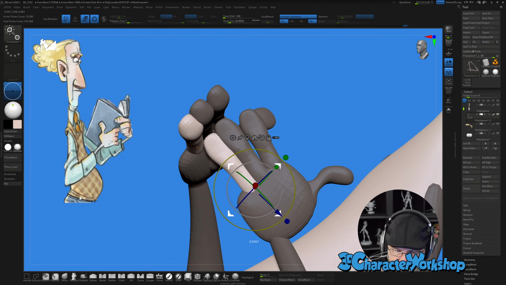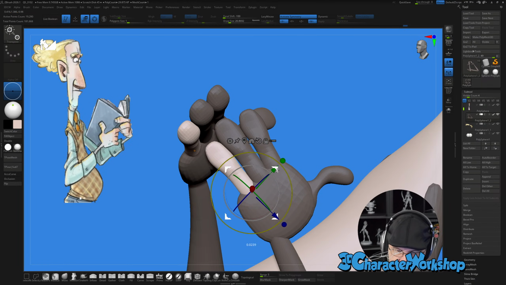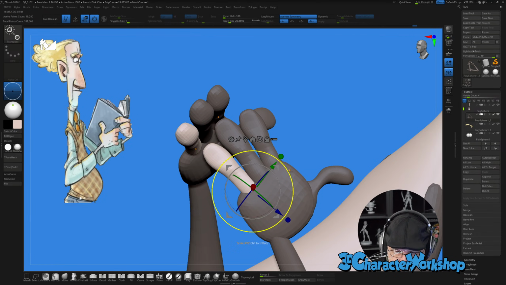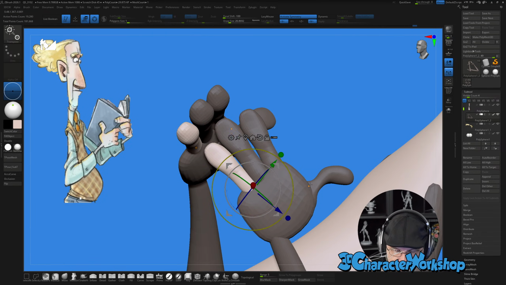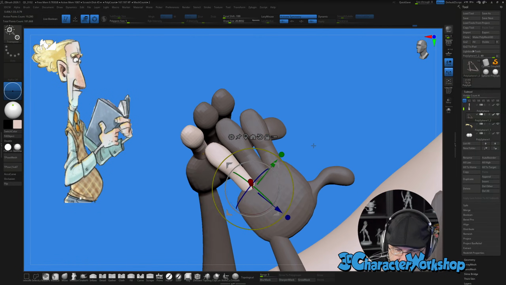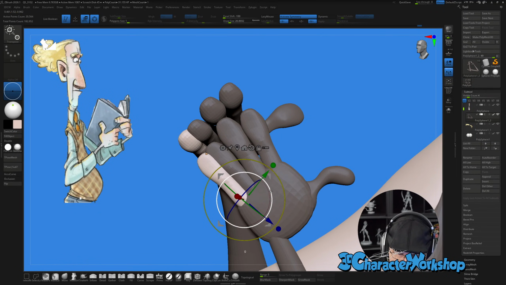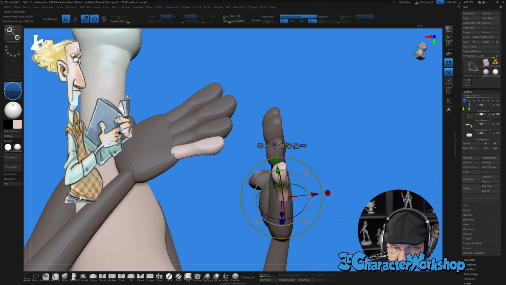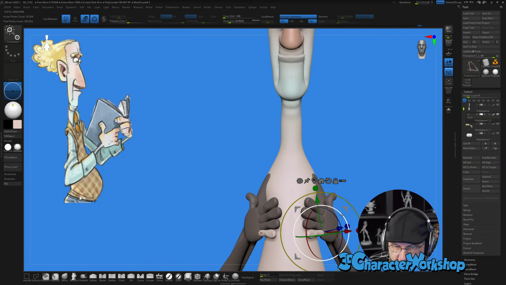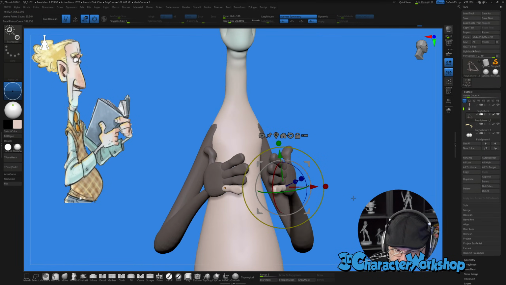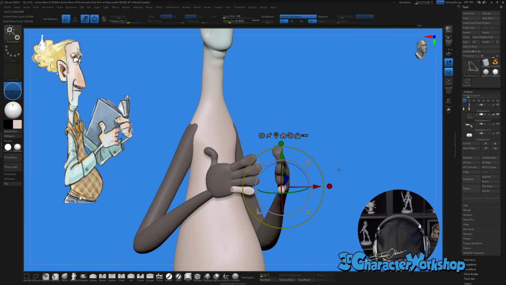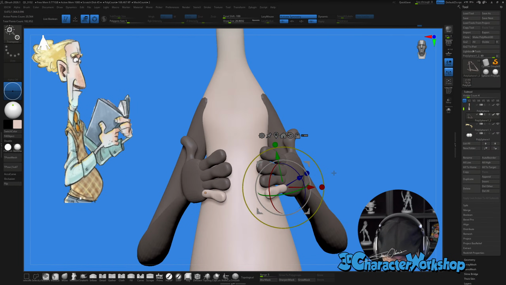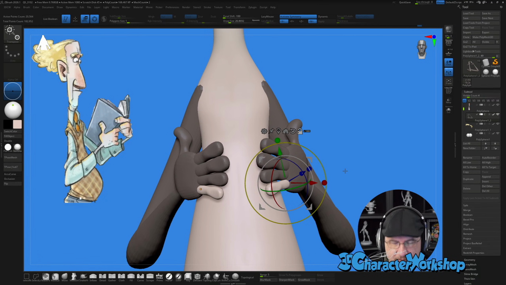And then put it over here. He's got 4 fingers. And one more. All right. And then I'm just going to pose it. I'll have to make the book and then pose the fingers around the book.